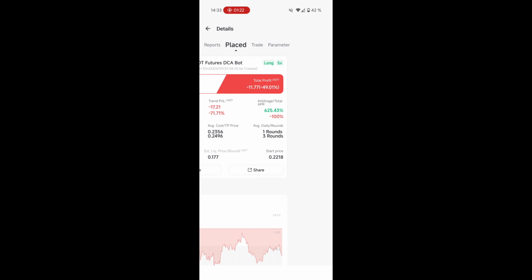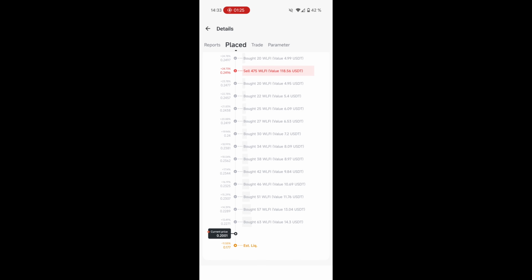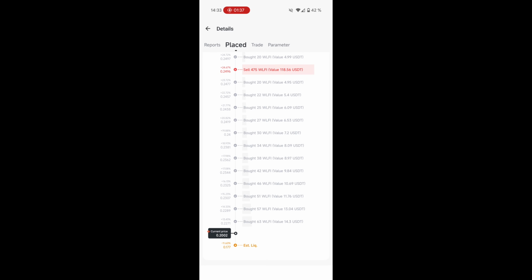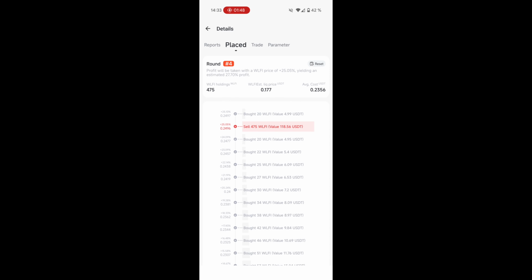It started at roughly 0.25, and when the price dropped and dropped, it bought more and more, and if the price reaches 0.2496 again, it will sell everything at once. So this would net a 27% profit in one go, but in the meantime it will not sell anything, so you will not have actual grid arbitrage trades.